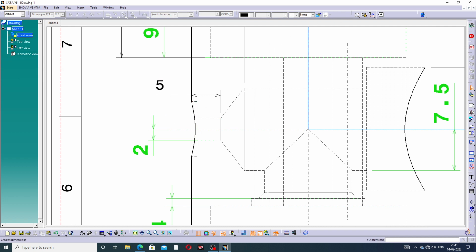Okay, and use this line to this point is okay. This 5 is correct,